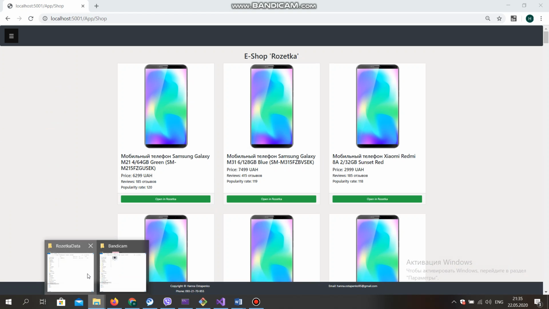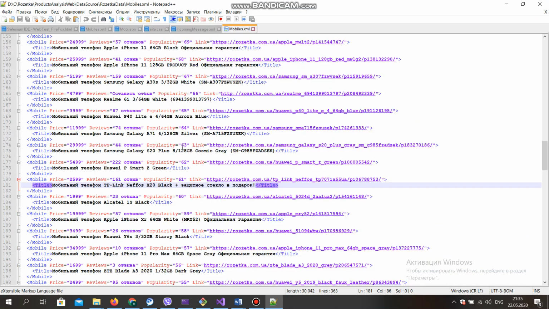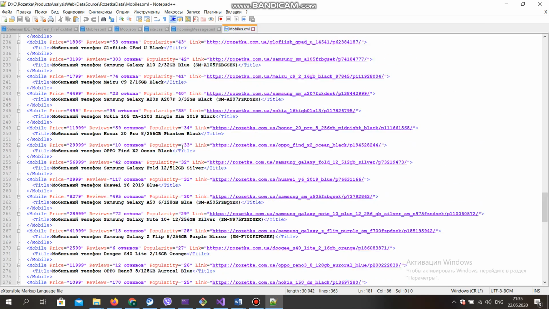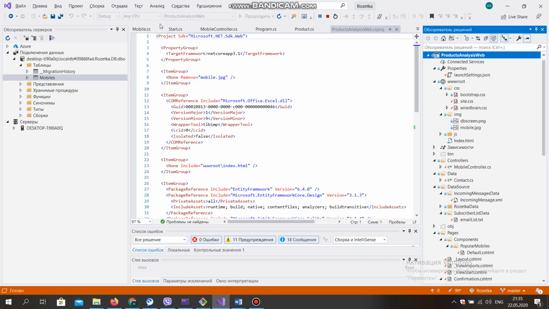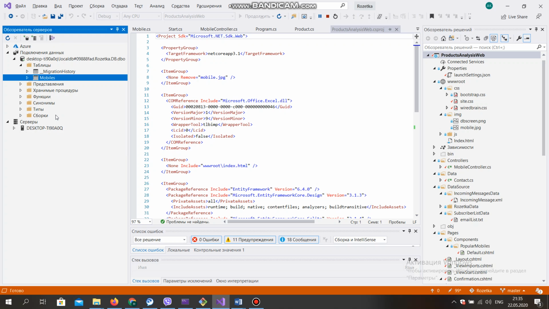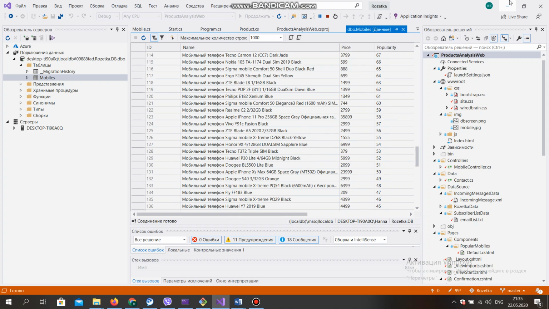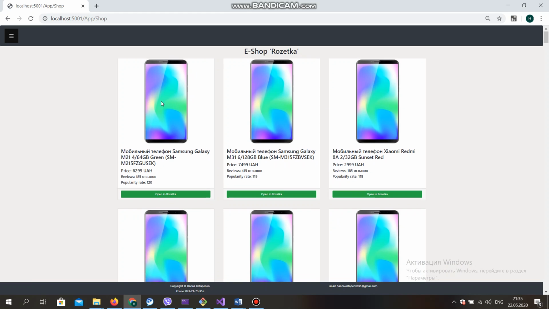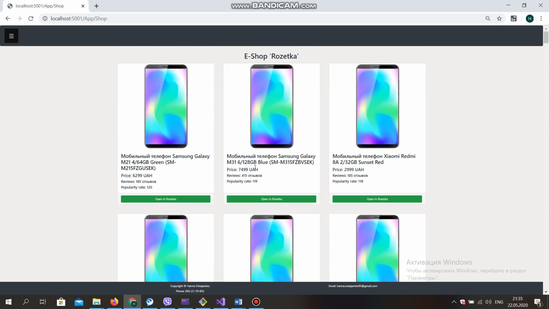So now you can see here that the file mobiles has appeared and new data has been filled, and also you can find this data in the SQL Server database. It's here, and also the data has been populated on the shop page. Especially the data has been extracted from the XML file. On this page,